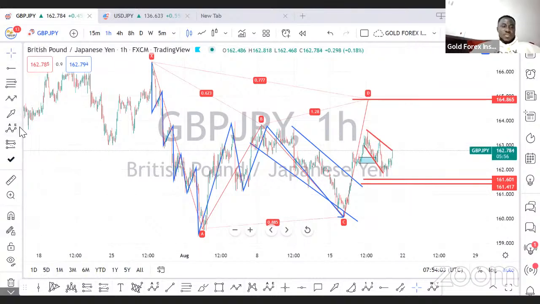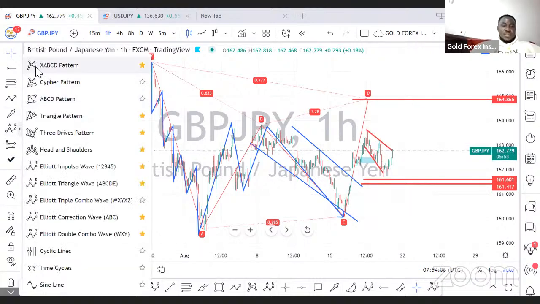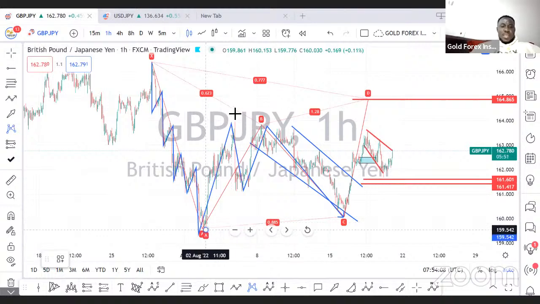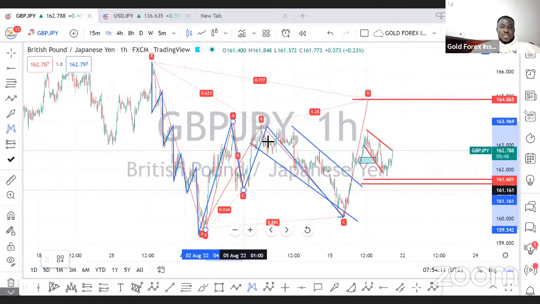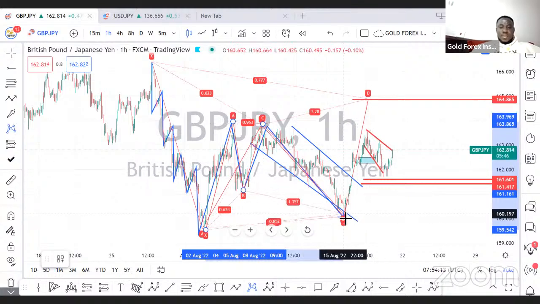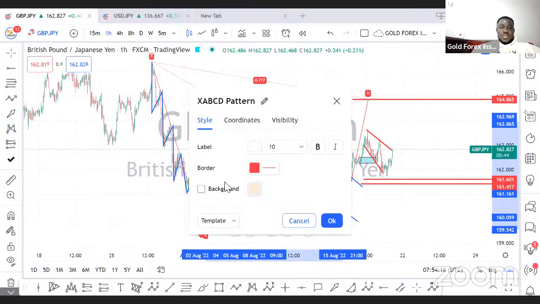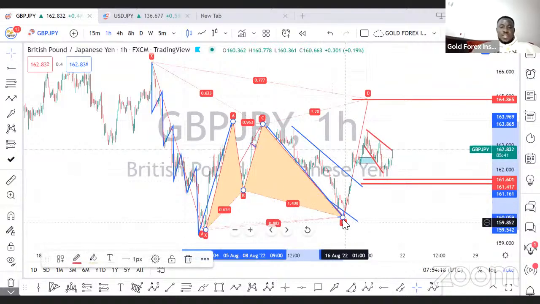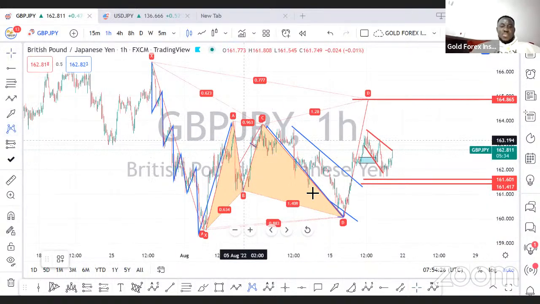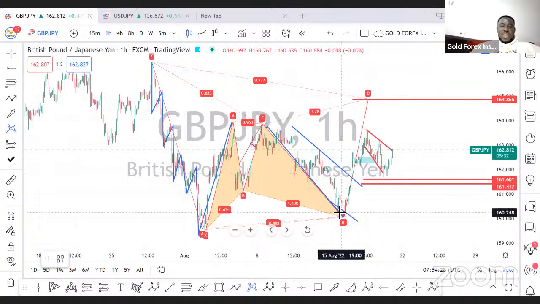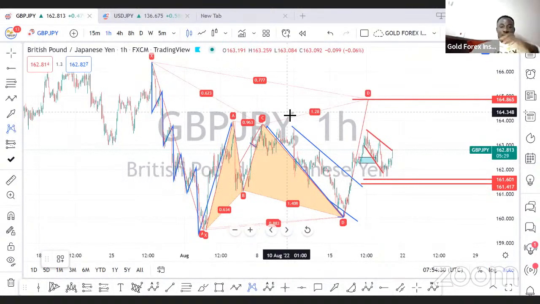So I always know whatever I'm doing when I give signals. There might be little glitches here and there, but come on, you smile at the end of the day. So just follow who know road. And this is a harmonic pattern in a bigger harmonic pattern. I drew this when it was actually coming to the C. I can show you in the group. We draw the harmonic patterns even before they form.